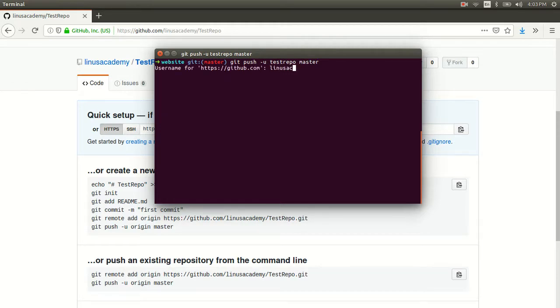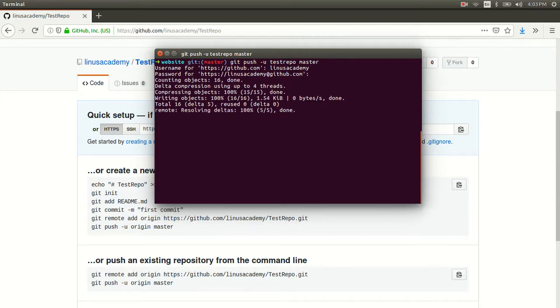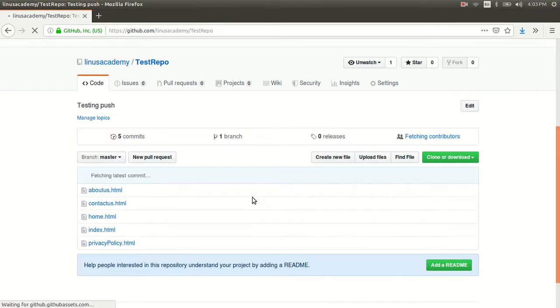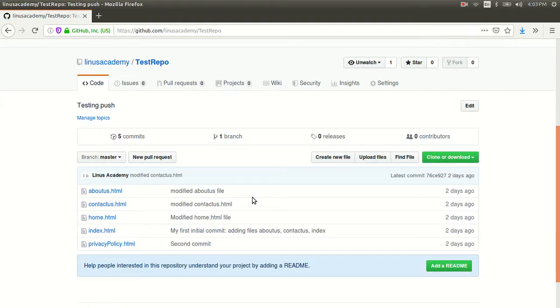Username, password. Yeah, it's done now. We'll reload, and you see all the changes are coming here now. Going back to our original website here,